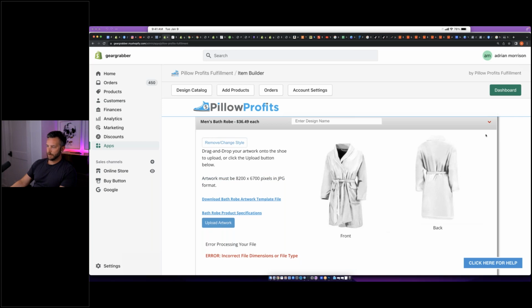All right, 8200 by 6700. I'll just move to a different product. I can get my team to do this, but real quick, I want to see image canvas size 8200 by 6700. So you should work.